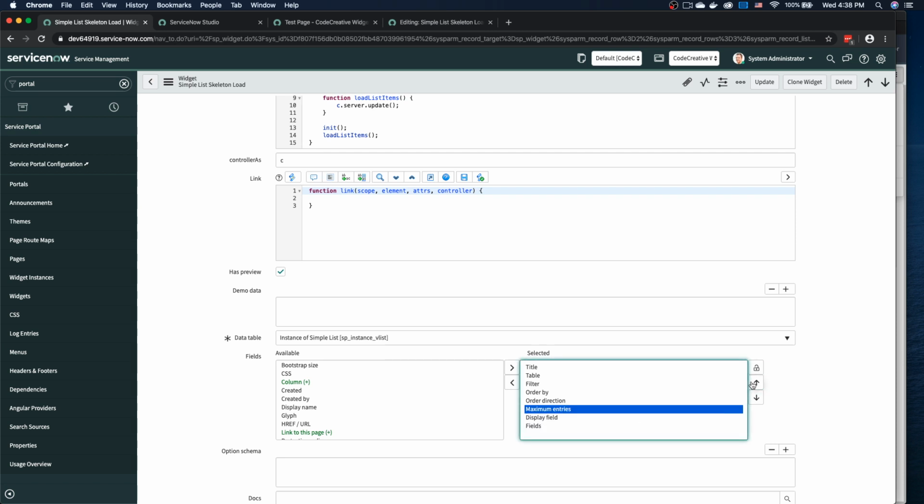So here's the line of thinking. Start with a title. Then we have our query components: table for the query, the filter for the query, what we're ordering by, and the order direction. So this is basically how I would set up my GlideRecord. Then our set limit, followed by the actual fields that we're using. So these would be within the while loop. So I'm actually setting up my options in roughly the same order as the query, which also is somewhat intuitive